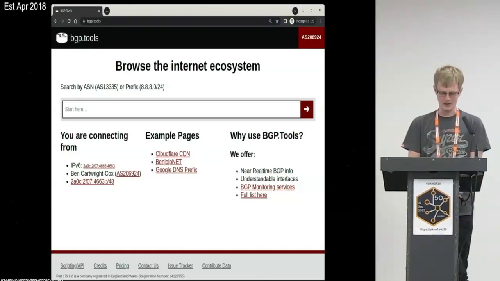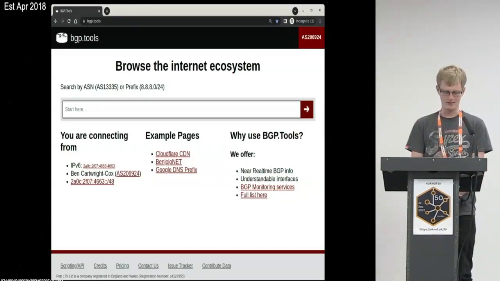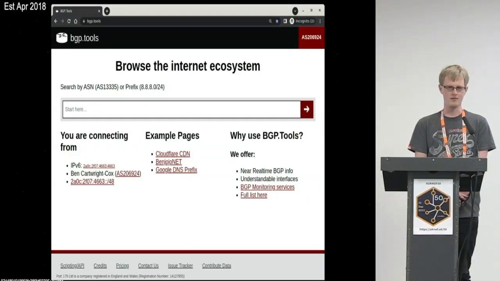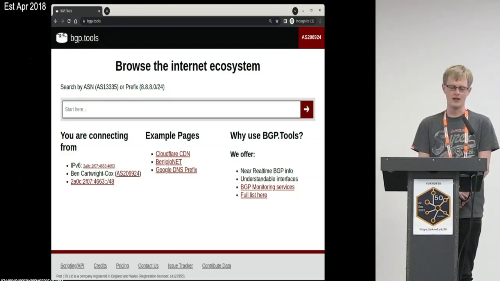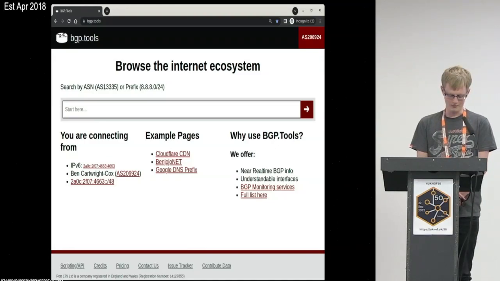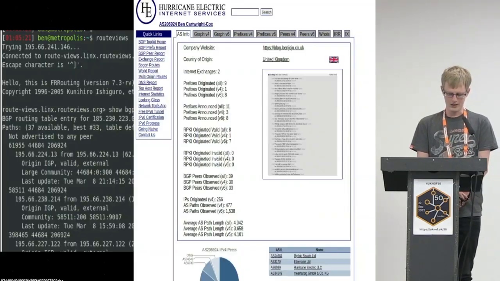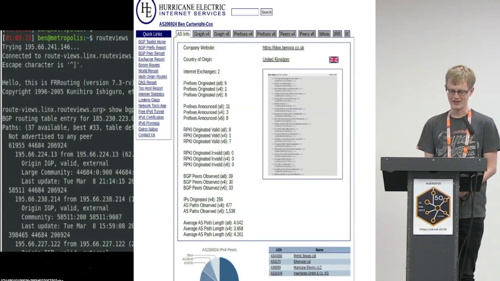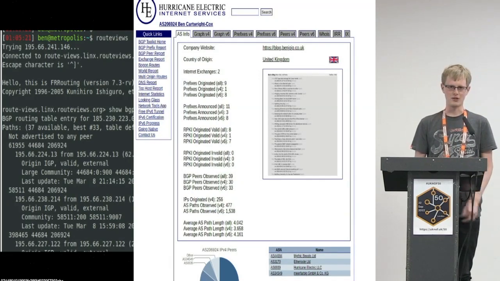bgp.tools, if you haven't seen it before, basically looks like this. It's effectively an internet debugging system for your config to get to see how the rest of the world sees your network from all of my peers' point of view. It is sort of directly, not competing, but sort of trying to make a better user experience from things like,